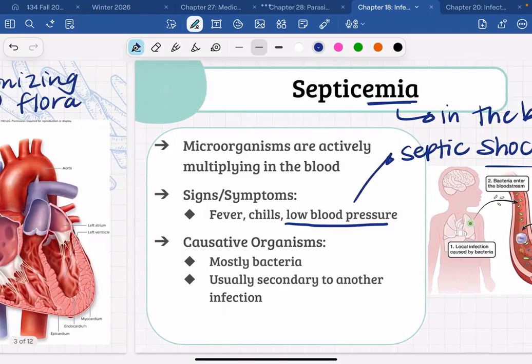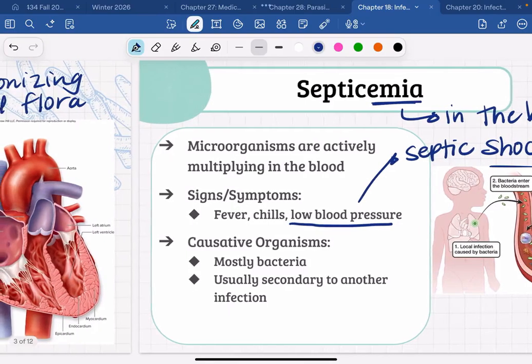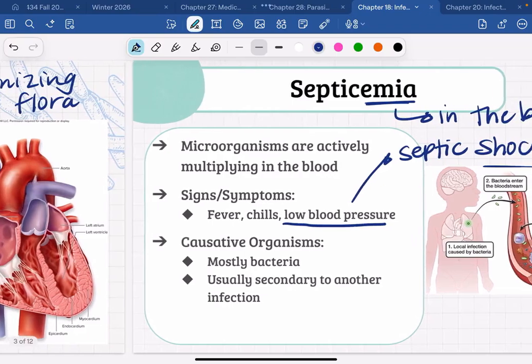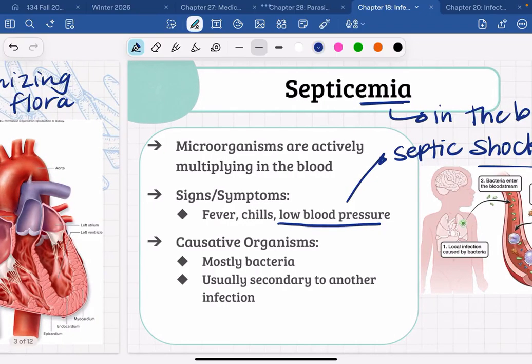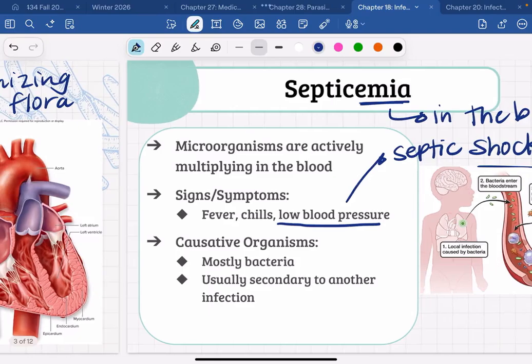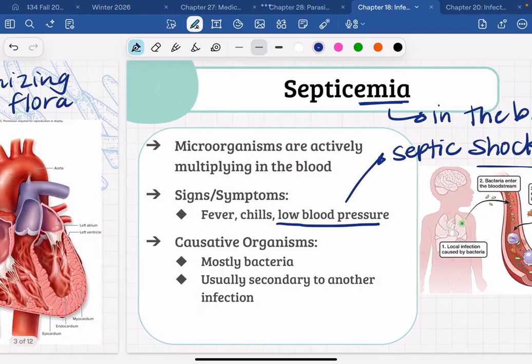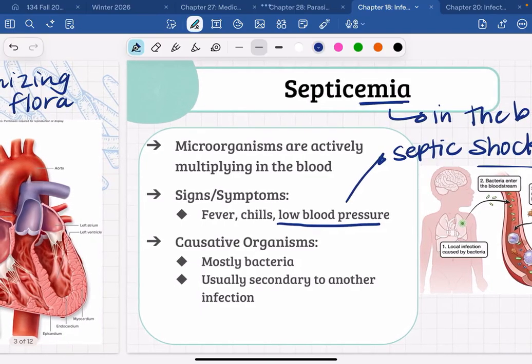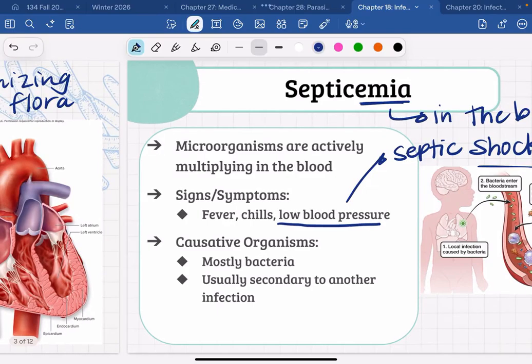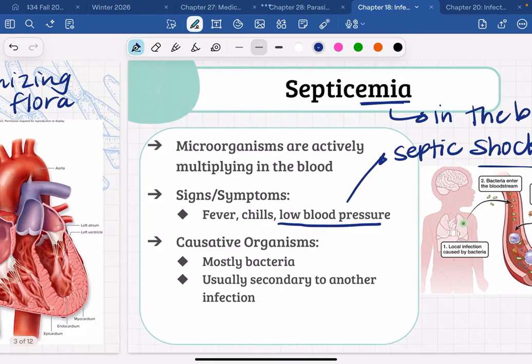So I think the question yesterday or the last time we met was, what bacteria is known for causing soft tissue infections? I think most of you got it right. What is it? Staphylococcus aureus. Staphylococcus aureus is known for causing soft tissue infections. So if I tell you that a patient has septicemia secondary to a soft tissue infection, their septicemia is most likely caused by Staphylococcus aureus, because Staphylococcus aureus is what caused the initial infection.